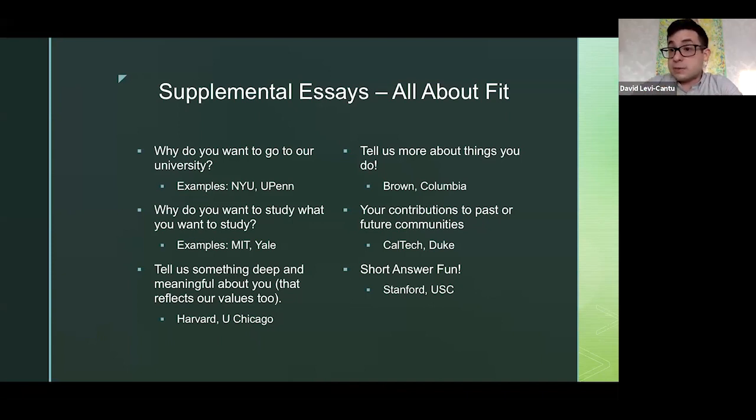The next essay that's really, really common is that they'll ask you to expand on something that you do, like one of your extracurricular activities. This is because in the Common App, normally you only get a very small space to write about your extracurricular activities and what you do. These universities that ask this type of essay care a lot about what the students are doing outside of class. They know that they're building a community.